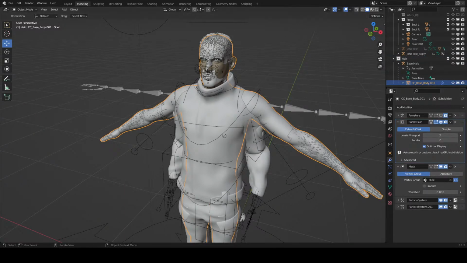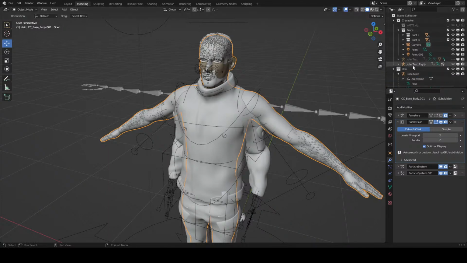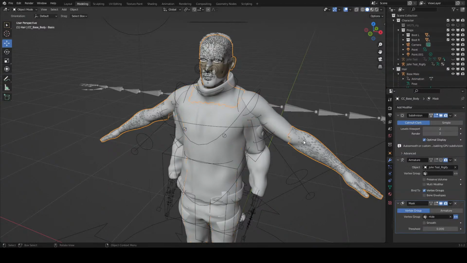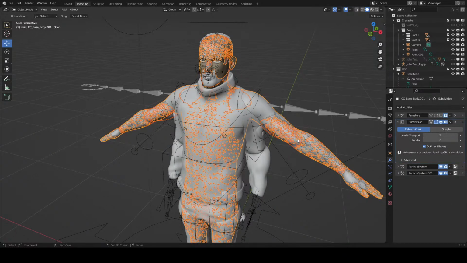Let's first see if simply deleting the mask will work for both of these. Delete the mask, and